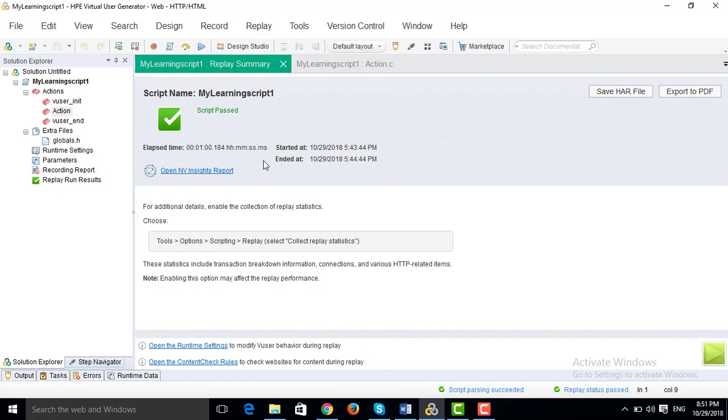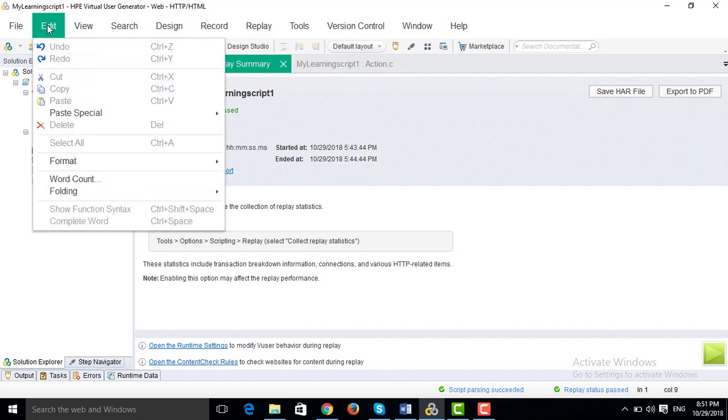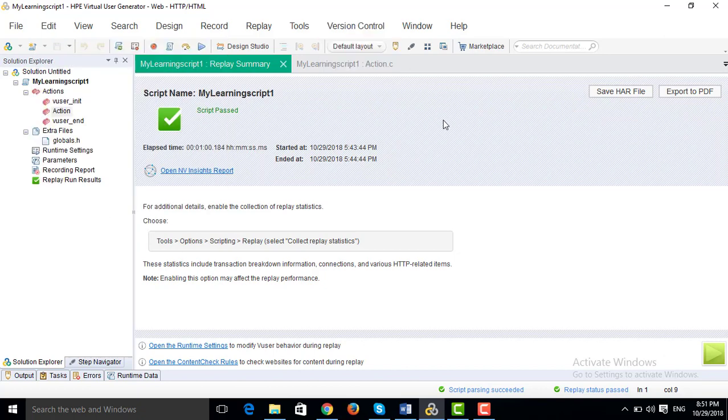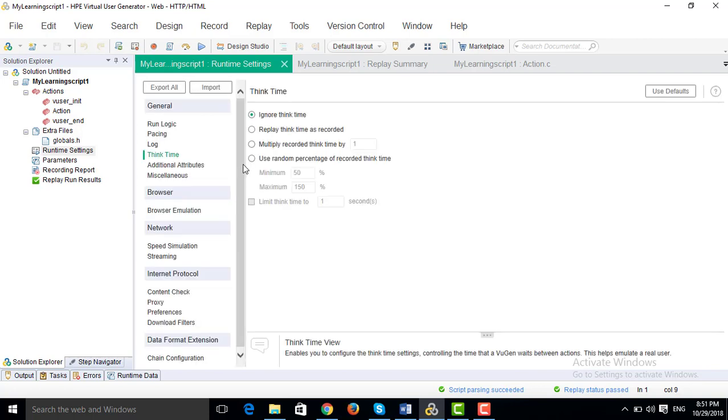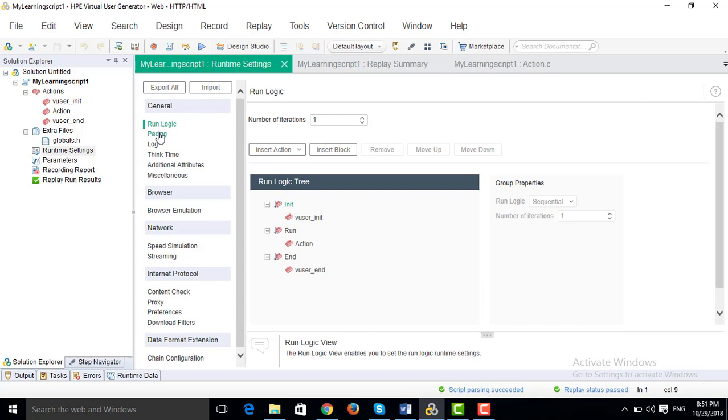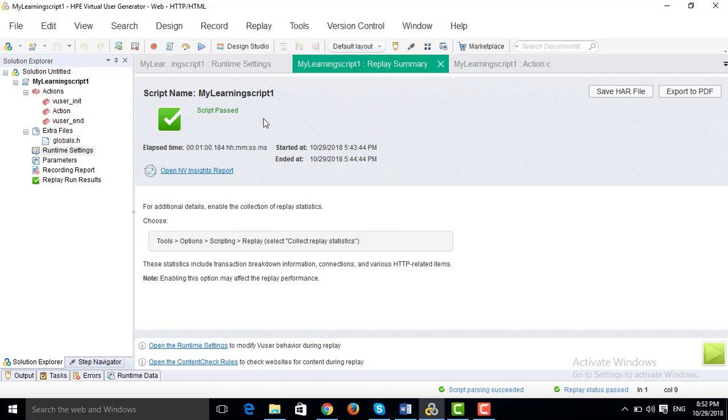Now in the next section we will be looking at runtime settings, that is, some settings we make in the script for designing the scenarios, and there are many things we configure in that, like runtime, run logic, pacing, log, all these things. We will see it in detail, but for now we have seen how to replay the